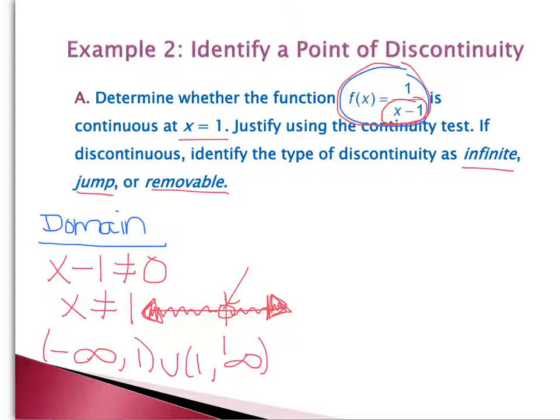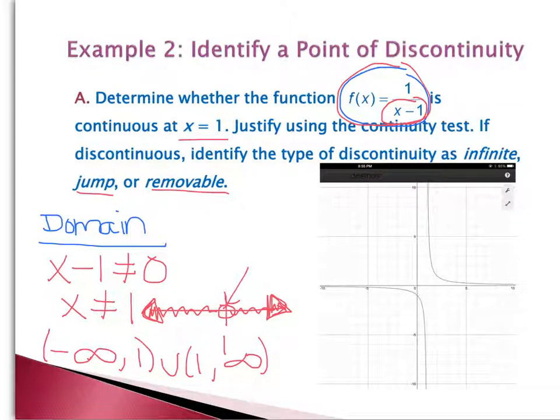And so what I'm going to do is graph this function and look at what type of discontinuity it might be. So looking at the graph of the function, I've graphed the function 1 over x minus 1, and this is the graph that was produced. And I can see that I have this break in the graph along an x value of negative 1. Okay, so if I'm looking at x equals 1 right here, there's this invisible vertical line at x equals 1,